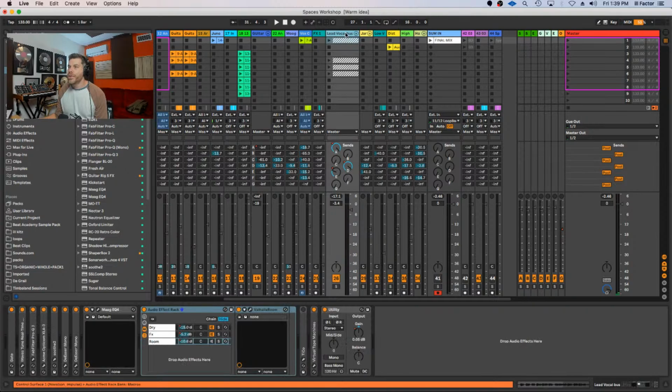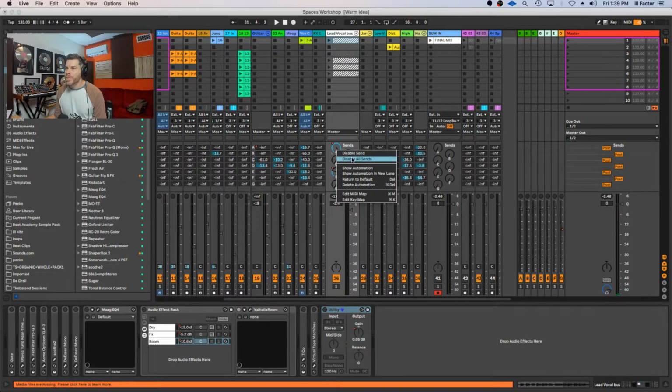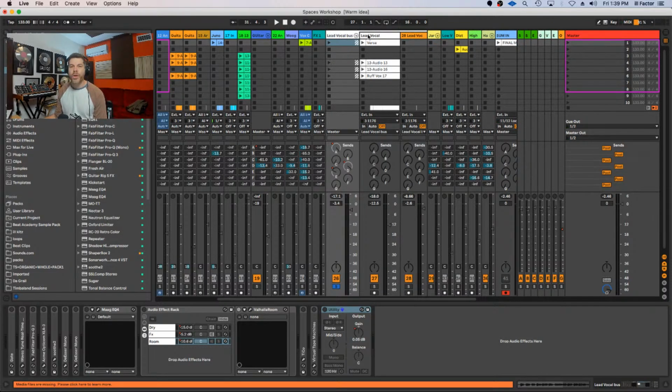So let me go into the lead vocal here, and let's just highlight all this, and I'm going to walk through one by one what we're currently doing here with Jared's vocal. So let me disable all the sends, and so we're hearing the vocal dry. Now, a lot of the work that I'm doing with Jared throughout the years of working with him is really just focusing on the nuance.